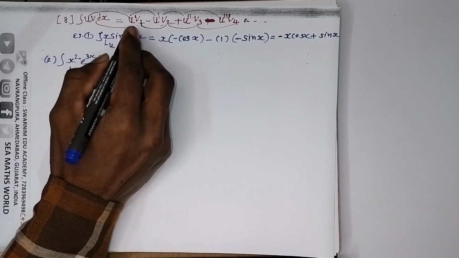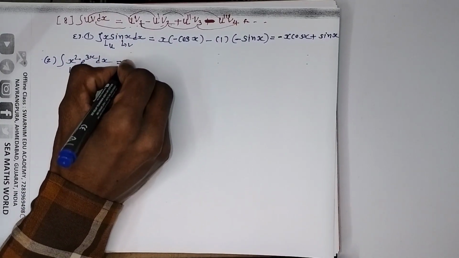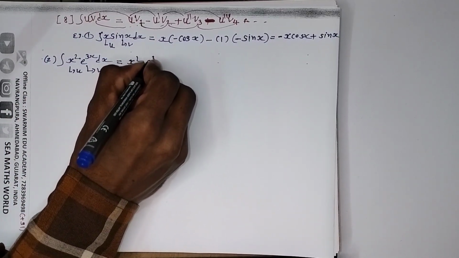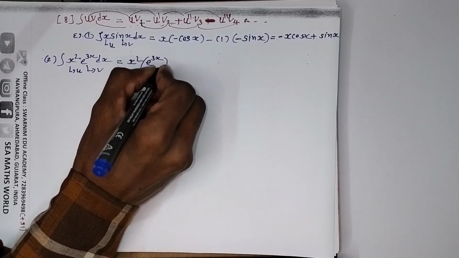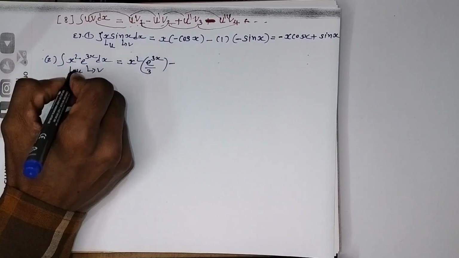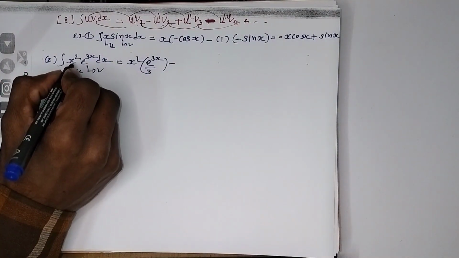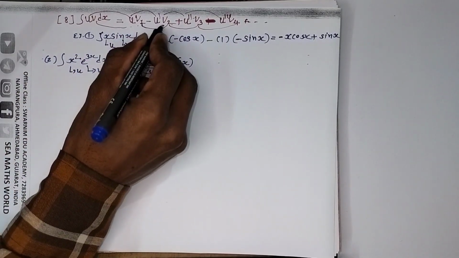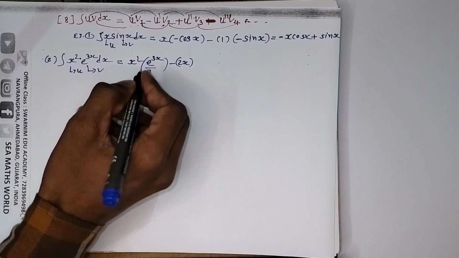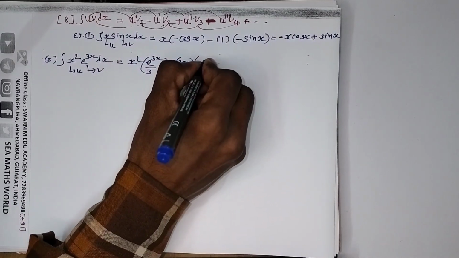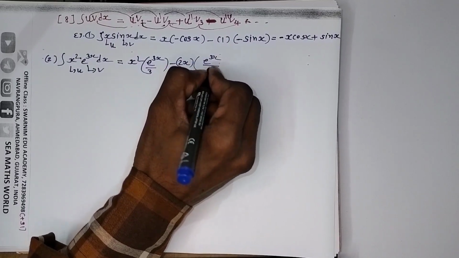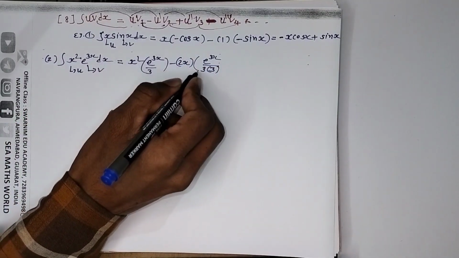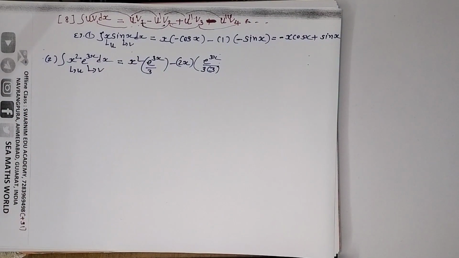So u, according to formula, u as it is, u is what? X square. v1 is what? Integration of v, e raised to 3x, integration is e raised to 3x upon 3, minus u dash, u's differentiation, u is x square, its differentiation will be 2x. Then v1 integration, here v1 is what? E raised to 3x upon 3. So e raised to 3x integration is e raised to 3x upon 3. There is already 3, so that we will put as it is. Okay, 3 is already there. We are integrating again, so again 3 will come,